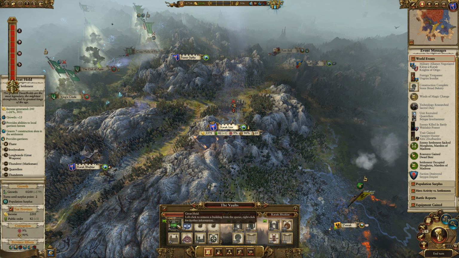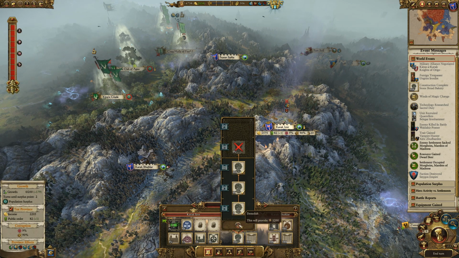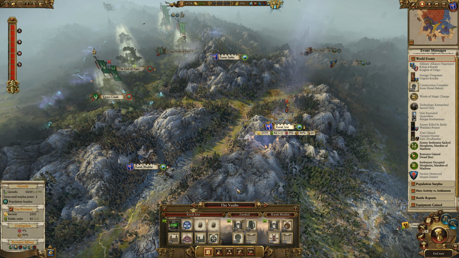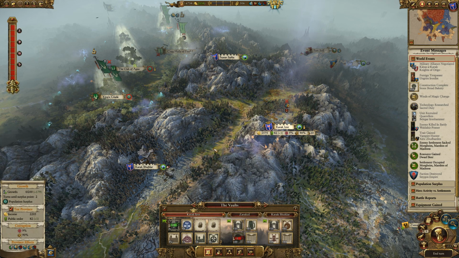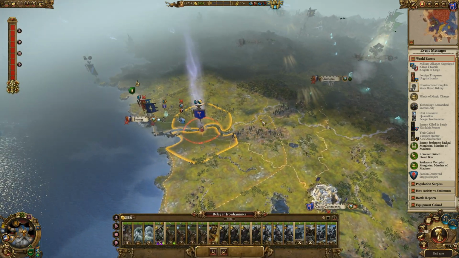Oh, our capital is finally going to be a top-tier settlement. Oh, that's nice. That means we can get rid of the growth over here, because it doesn't give us money, does it? No. And that is the top. Yeah, I'm going to destroy that then. We'll build a different building there to get a bit more money. Not that we need the money, but...